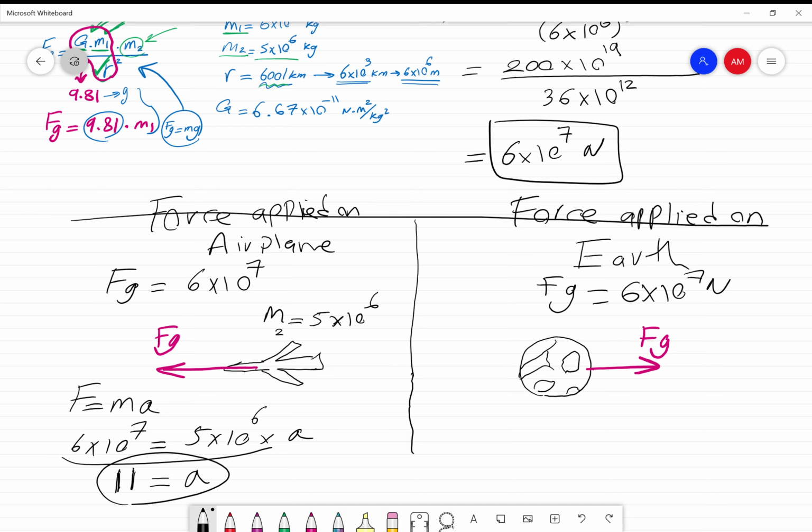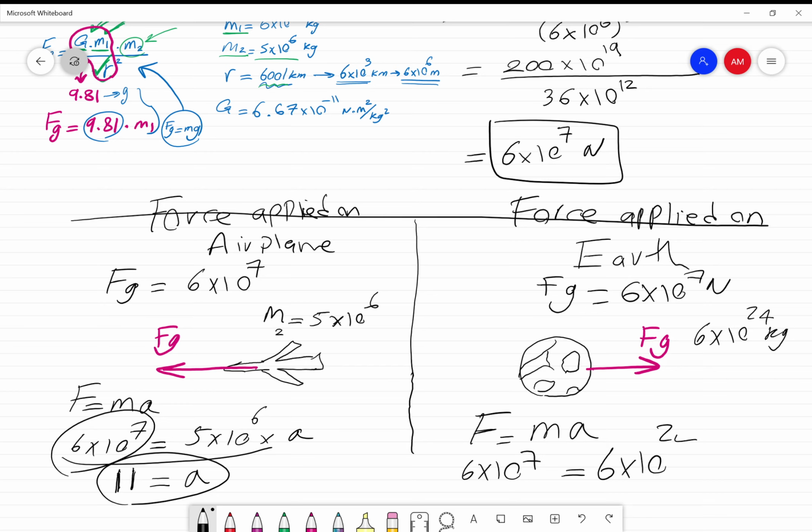Mass of Earth is 6 times 10 to the power of 24 kilograms. Now, the force being applied on Earth, again, same thing. We can calculate F equals ma. Force is the same, 6 times 10 to the power 7. Same force that we used for airplane. So force doesn't change. We agreed on that based on the universal law. Mass changes, 6 times 10 to the power 24. And then now we are interested to calculate the acceleration. Now suddenly you see different numbers. 6 and 6 will cancel. But acceleration becomes roughly